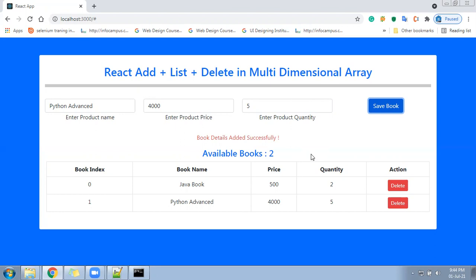So let's go ahead. First, I'll guide you through what we are going to do in this video and how the functionality is going to work on this particular page, this component. First, I'll explain it to you. After that, we'll go to the code level. I'll write from the beginning, step by step, and keep on guiding you.